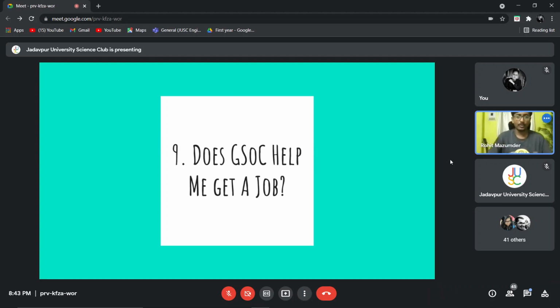As I was saying, Google Summer of Code में कोई definite syllabus नहीं होता है. So it's the same concept, you can extrapolate the same concept. It's not like if someone comes and asks you, hey, can you design this particular web browser, you will be able to design. So there is nothing to study like that. That is one of the reasons why freshers are usually asked data structure and algorithm questions in interviews. They don't usually go to development stuff. Some companies may ask you a little bit about development stuff, but mostly 90% of your interview is going to be focused on data structures and algorithms. So in that way, from a development perspective, GSoC doesn't help you get a job.